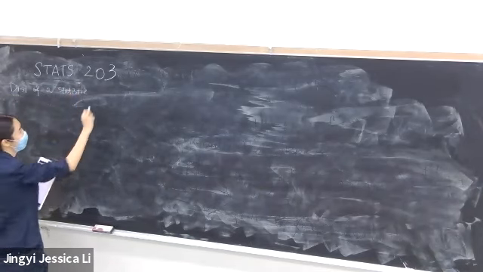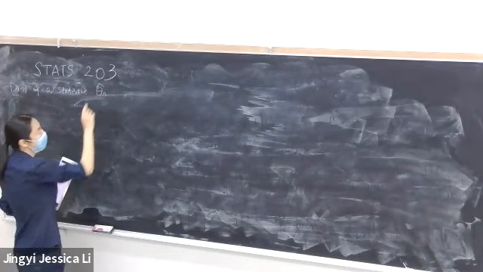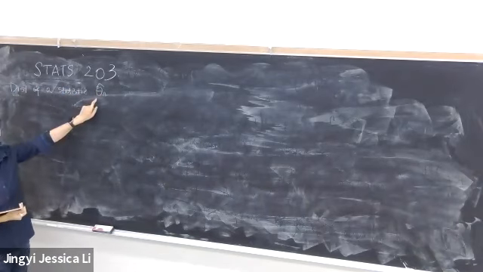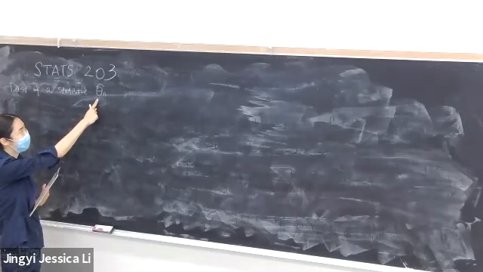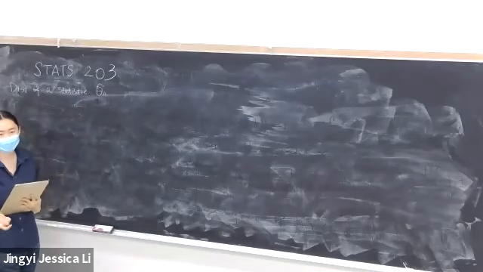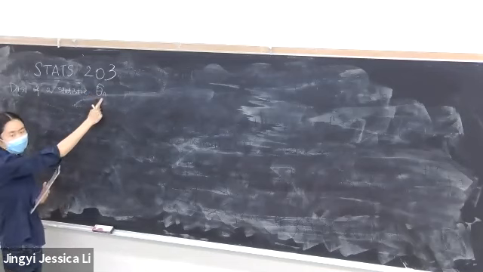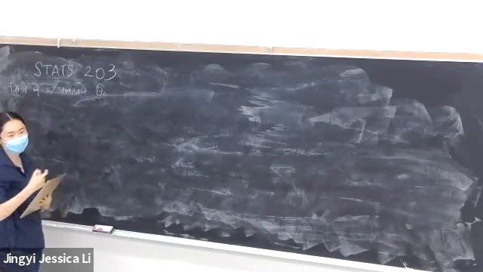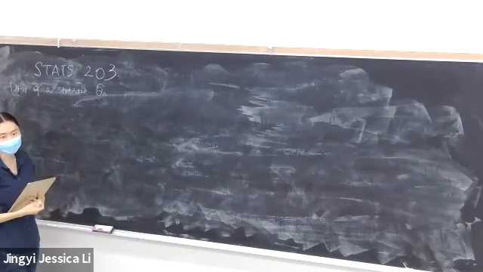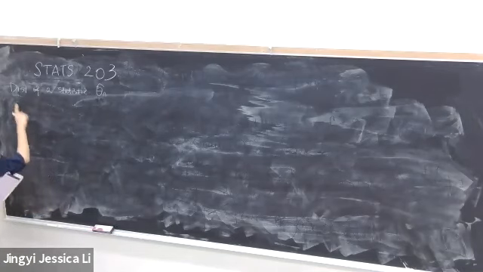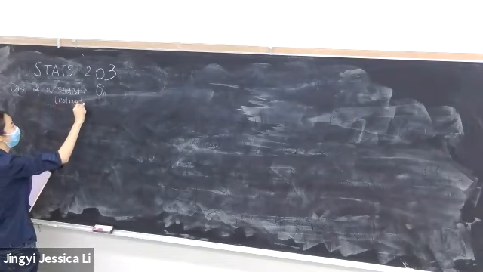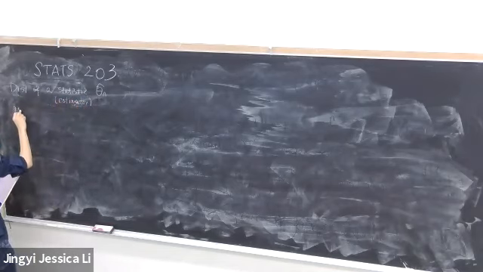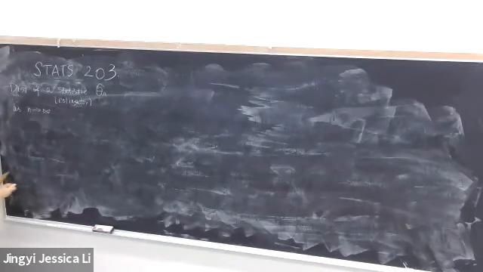So here I'm going to use the notation theta hat n. So we are talking about the estimation problem here. So theta is the parameter we want to estimate, and theta hat is the estimator we construct from a sample. So n is the sample size. We put it here just to make sure the sample size is something we care about, and it's an important part of this estimator. So we want to understand the distribution of this statistic, or specifically estimator, as sample size n approaches infinity.